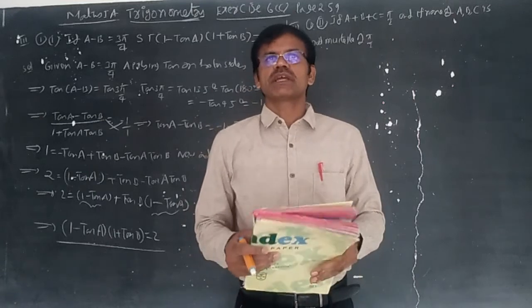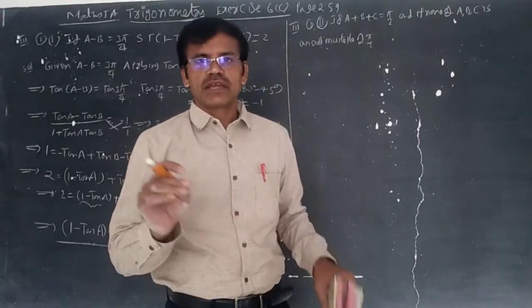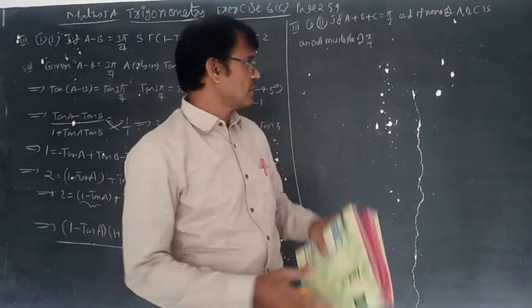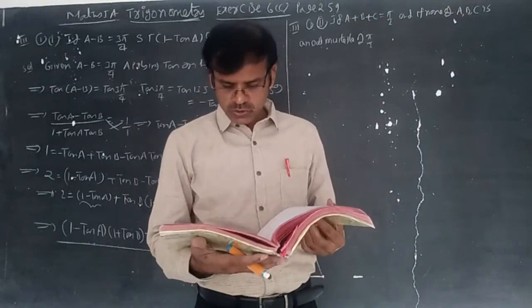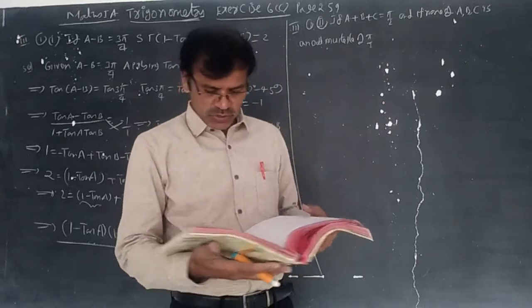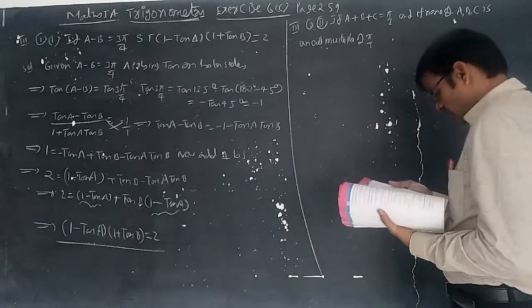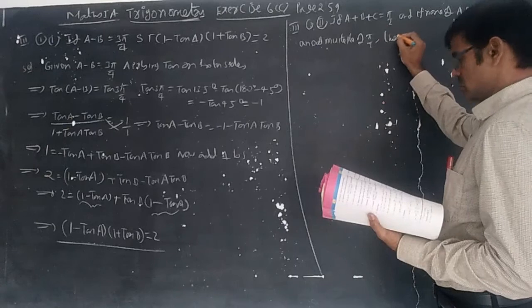Why is he mentioning that it is not an odd multiple of pi by 2? Tan 90 is equal to infinity. Tan 1 into 90, 3 into 90 like that. Otherwise cos 90 is equal to 0 like that. So 0 and infinity terms should not be there to prove the given concept. That is why he gave that a, b, c are not odd multiples of pi by 2. Then prove that